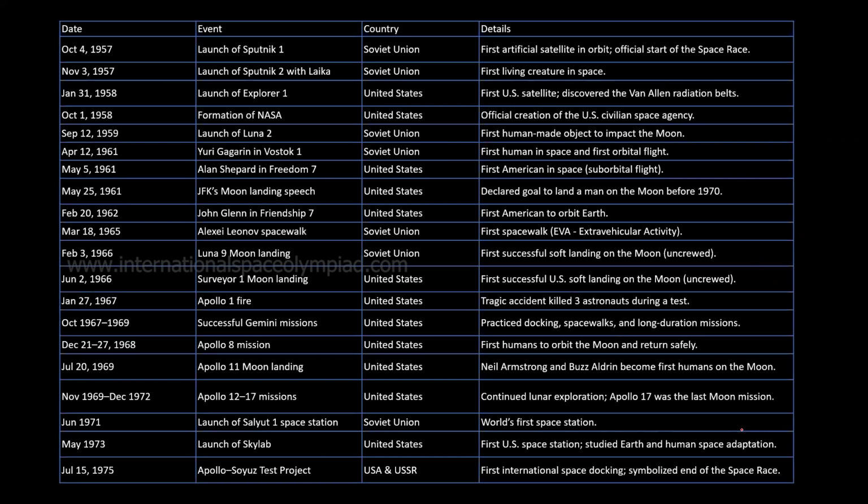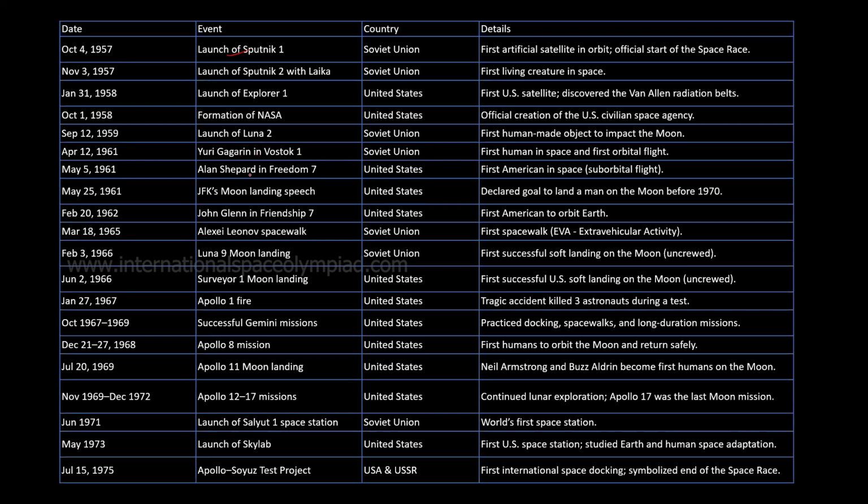Then you can see, this is the space race in short. Here you can see it started with the launch of Sputnik 1, the first satellite, by the Soviet Union. Then the launch of Sputnik 2 with Laika, and the launch of Explorer. So you see this is happening in a series, almost continuous. 1957, 1958, formation of NASA, then 1959 launch of Luna 2, then Yuri Gagarin